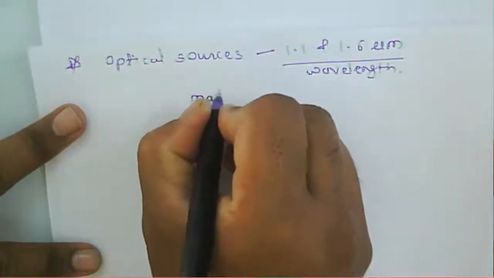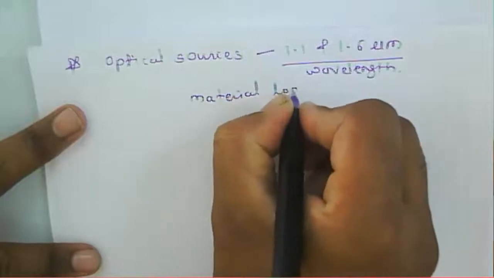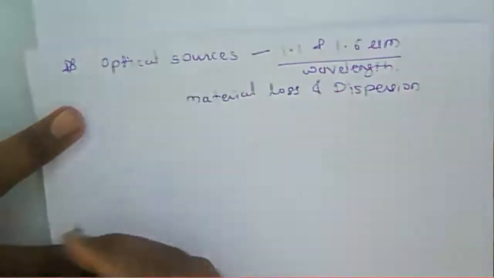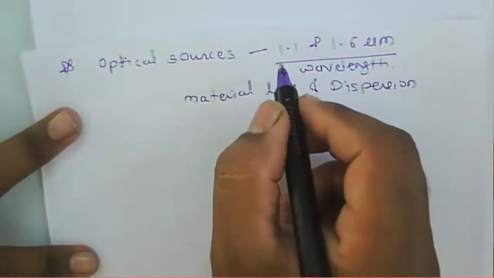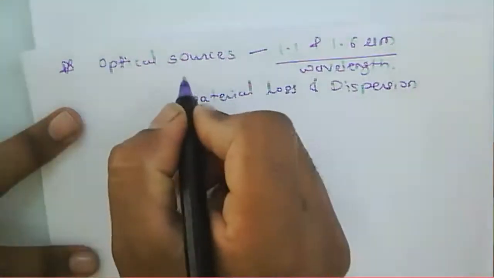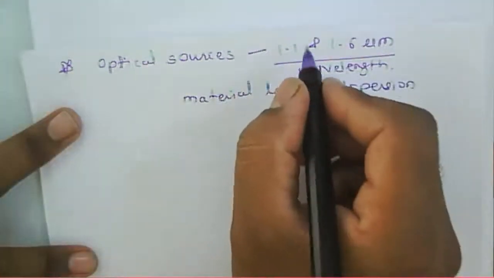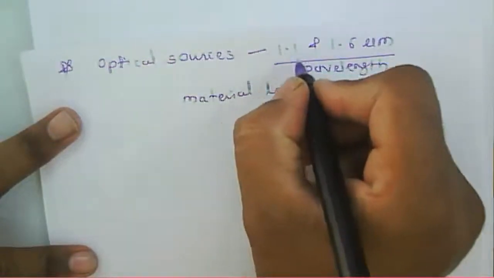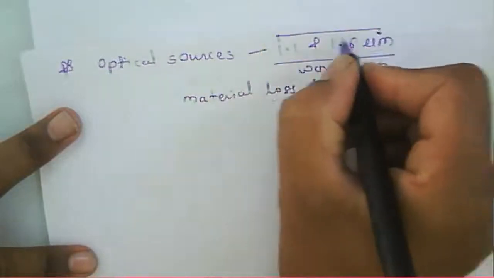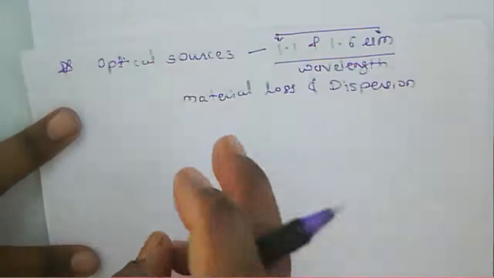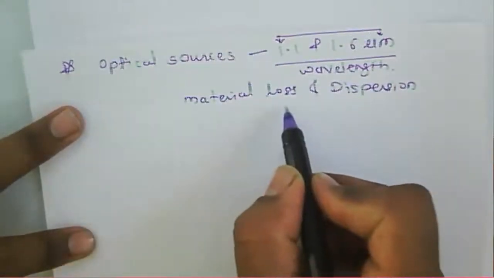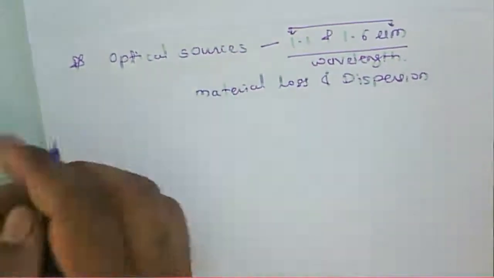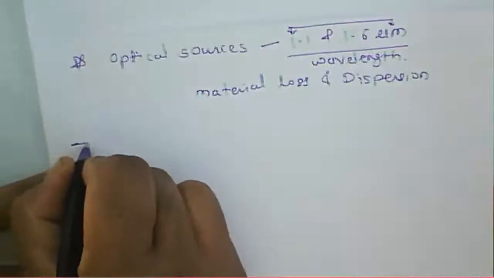At that optical wavelength, the material loss and dispersion losses will be reduced. So that's why we choose optical sources that operate at a wavelength between 1.1 and 1.6. If we choose sources that work in between this operating wavelength, we can minimize the material loss and dispersion. And in this particular wavelength region,